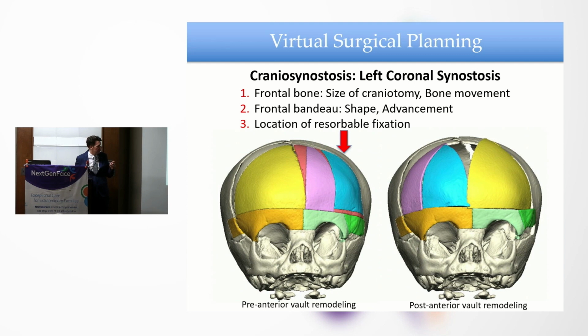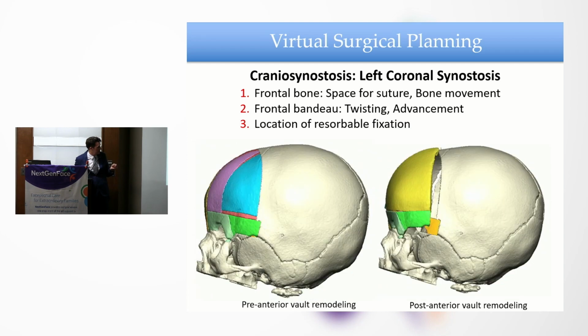You saw Dr. Hirsch with his reconstructive surgery. We're even doing it for these just to give us more information. On the left is the pre-surgery. On the right, all the colors kind of match up to figure out where all the bone pieces go, and we're able to kind of plan that out. The arrow is where the synostosis is, and you can see on the right the advancement and the change in